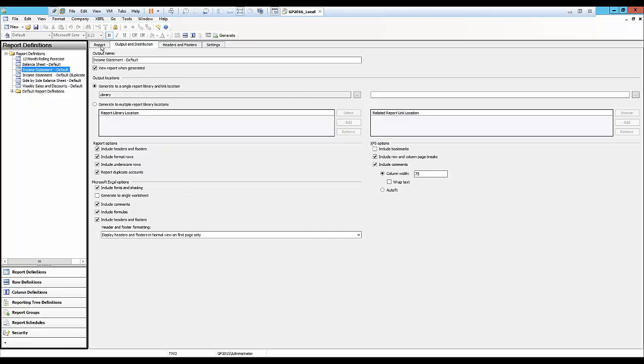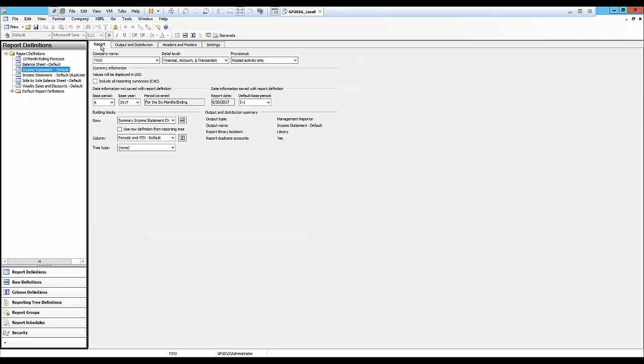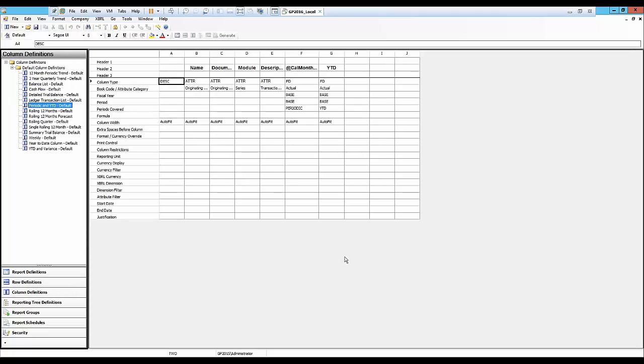One of the great things about Management Reporter, as I referred to earlier, is that while it does not report on subledger data, it does allow you to draw some information from your subledger as it relates to journal entries and descriptions. And the way you can do that is by adding what we refer to as attributes into your column definition. So if I click into my column definition, you're going to see I have these attribute columns,